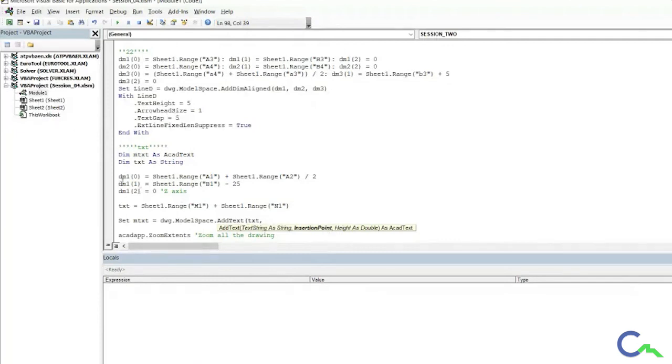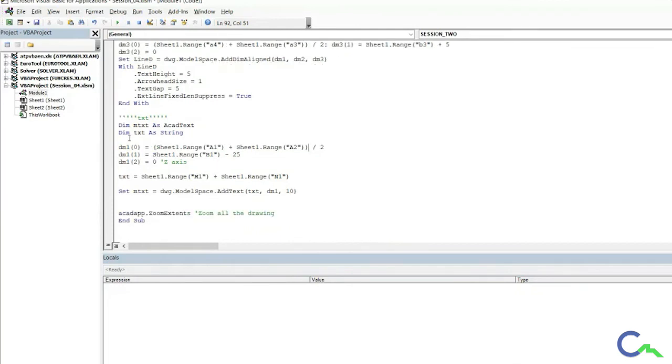The insertion point is dm1, nothing but where the text has to go. And the third is height. Your height should be some 5 to 10 units. Okay, we'll keep it 10 units. We'll see what happens. And I have missed one bracket here, I guess. Perfect. Thank you.